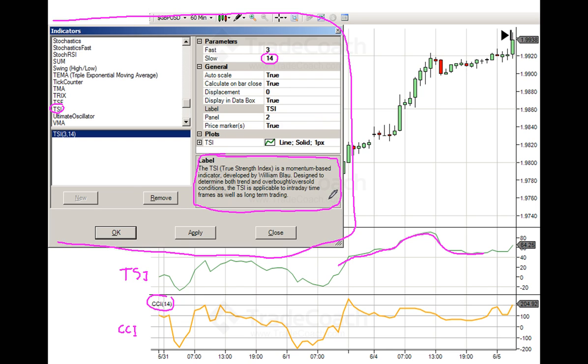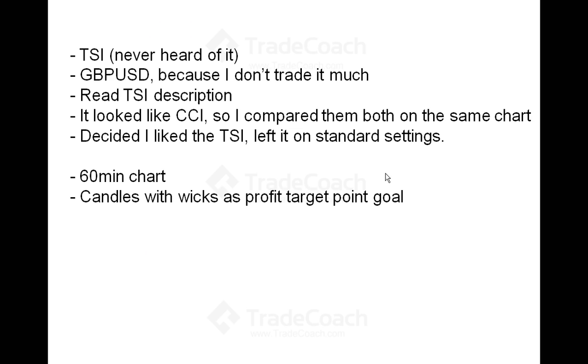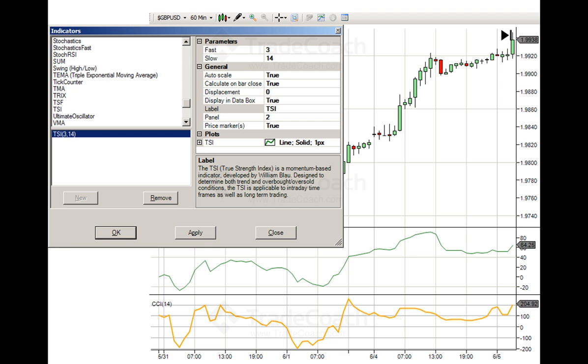So if they were set at completely different amounts of candles, then yeah, it'd be harder to make such a comparison. Okay, so I looked at that, made that comparison, thought, alright, now I know kind of what I'm dealing with. I decided I liked the TSI as it was, and so I left it on the standard settings. So my next option, of course, was to change the fast and the slow, and I adjusted them a bit, but I decided, look, whatever their default settings is firstly what everyone else is going to look at, so it's going to be the most common, and also it's probably going to be the most recommended by the developer,